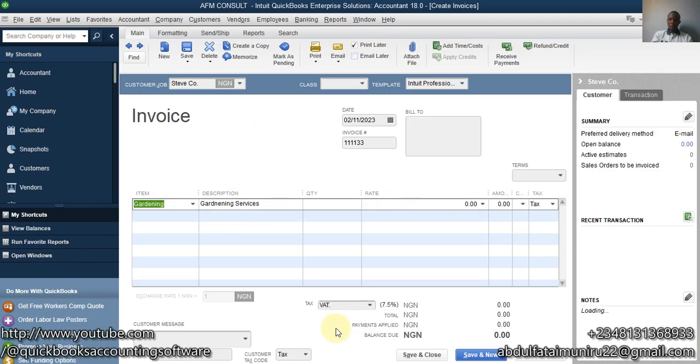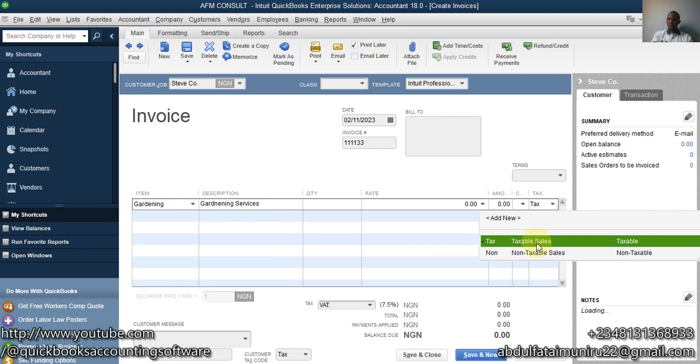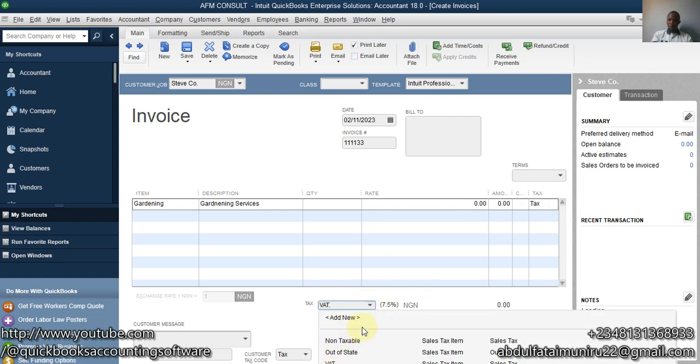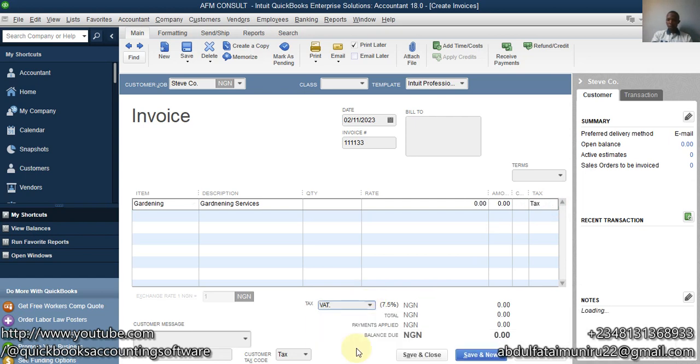Okay, so back to the invoice. So it is taxable, or if you select here, you see it's already taxable, which is correct. Now we are going to select, it is already selected. So in case you are confused, you click on the drop down, then you select that. So that is 7.5%. So let me say the amount for the gardening is